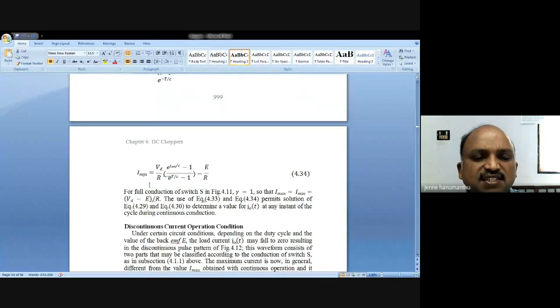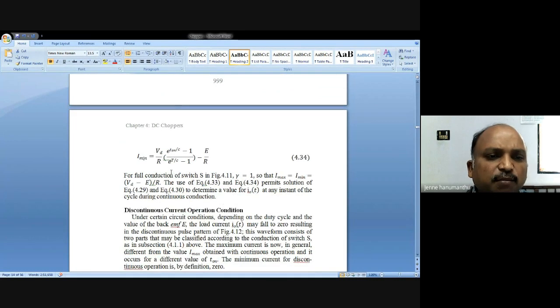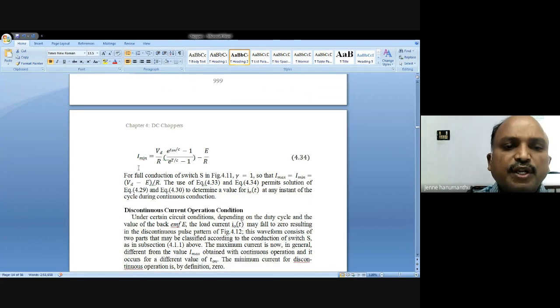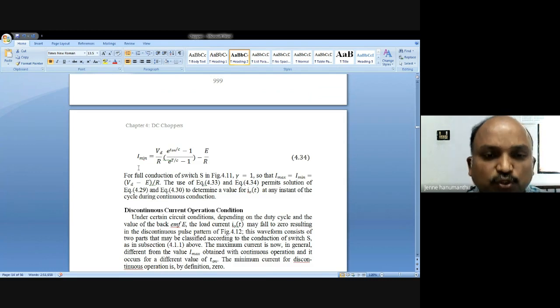These minimum and maximum currents describe how the current flows through the motor, through the load, when we are exciting a DC load through the thyristor. How this thyristor will behave and perform the conversion, and that variable DC is useful for driving the motor.